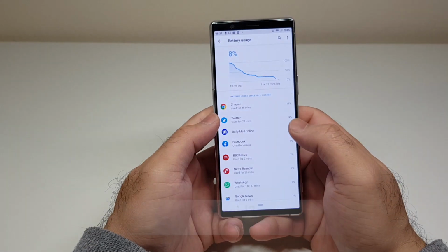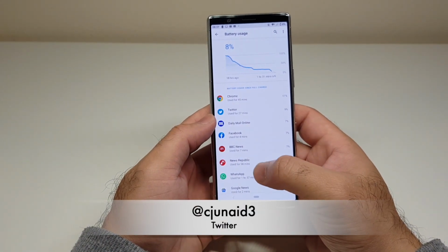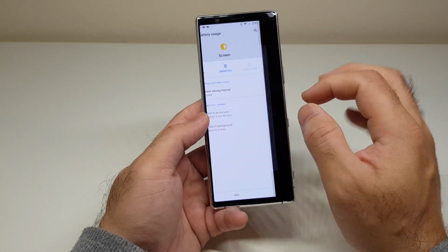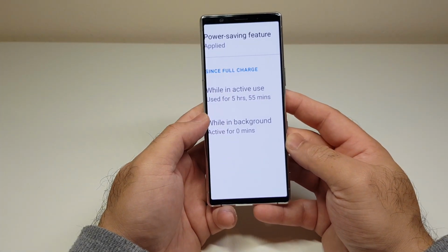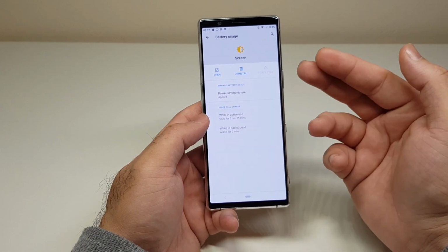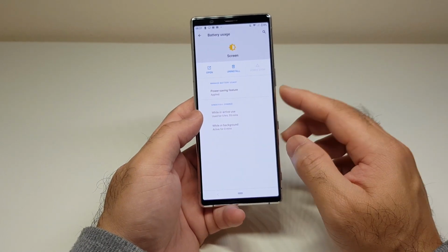So back to screenshots again, once again 8%, lots of WhatsApping. You can see 2 hours of WhatsApping, and I was able to achieve, despite gaming as well for 36 minutes, as you can see, Asphalt 9, a total of 5 hours and 55 minutes of screen on time, almost 6 hours. Like I said, reaching 6 hours on this phone is not a problem. With 4G probably around the 5 to 5.5 hour mark, but with Wi-Fi you can easily get over 6 hours